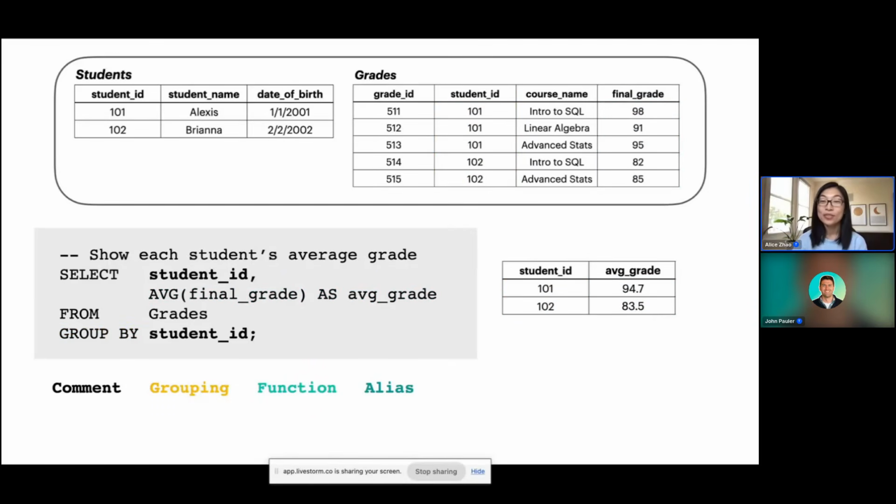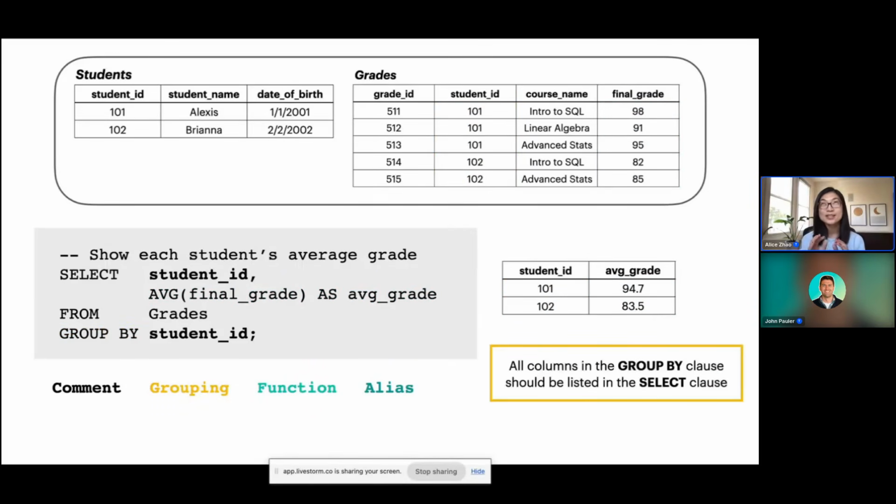Okay, so one thing I want to note here, if you're slightly more advanced in SQL, is that when students are starting in SQL, one of the trickiest things is that when they do group bys, they get an error, and it's because whatever you're grouping by, in this case student ID, should also be listed in your select clause. I remember when I was first learning SQL, this is just something I had to remember every time. But now that I've been working with SQL for a while, it's second nature and it makes a lot of sense. But I think when you're first starting, it's just good to know this tip.